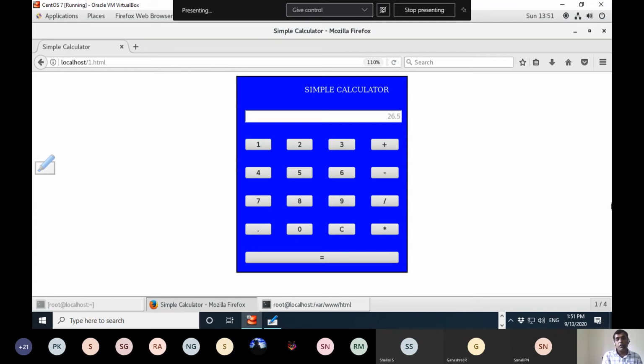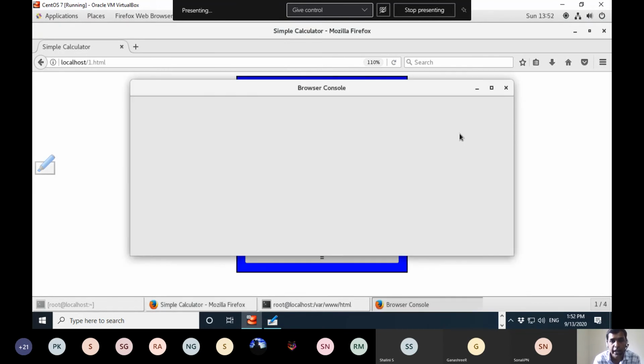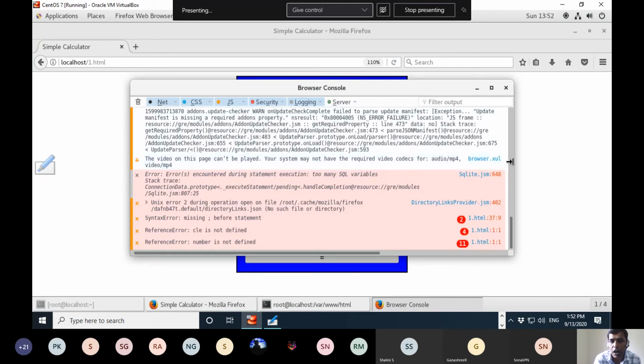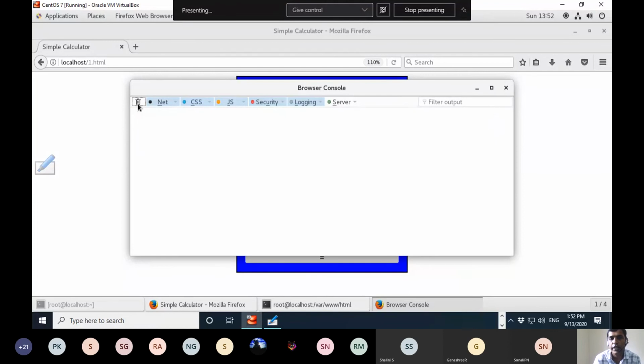Not all errors, only JavaScript or client-side scripting errors can be seen by using the error console or browser console. How do you go to that? Very simple. Press Control Shift J. Control Shift J. So you will get the browser console. See here, the errors that you find are displayed here. Okay. So many errors of the previous program are there. Don't worry. You just delete all. So now the browser or error console is empty, which will show you JavaScript errors.